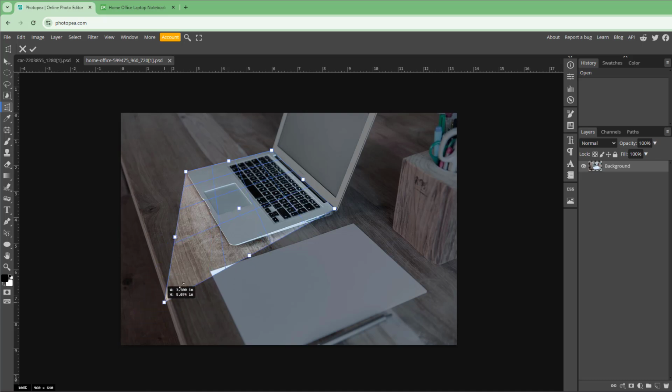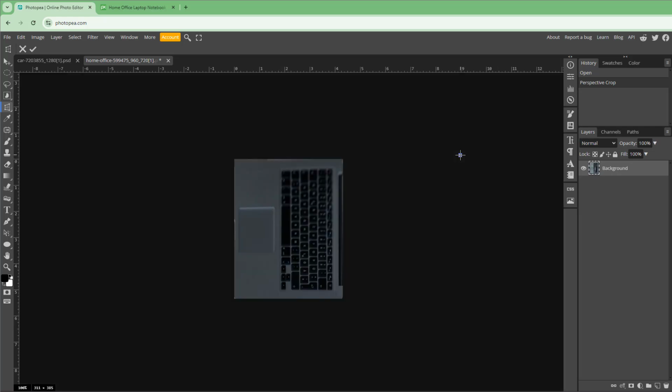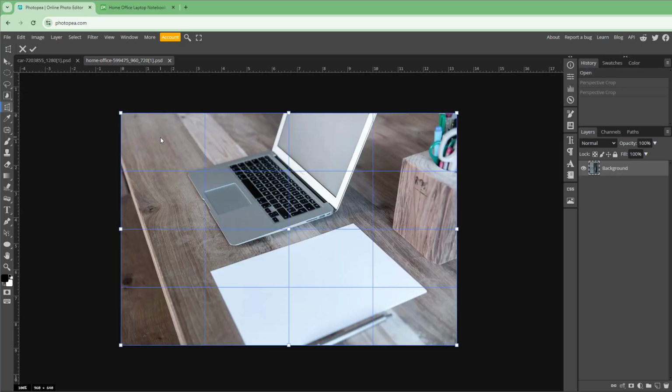Let's say, for example, I'm going to go for this laptop keyboard right here and press enter, and what happens is that it straightens it out, as you can see, just like this. So that is how you can utilize the perspective crop inside Photopea. Let me press Ctrl Z a few times, and then